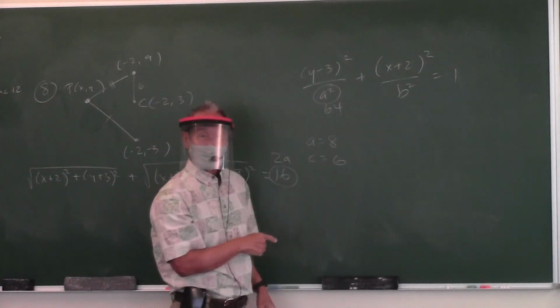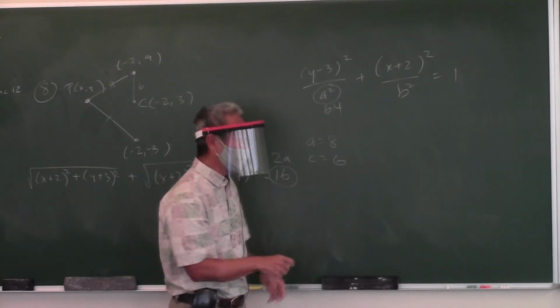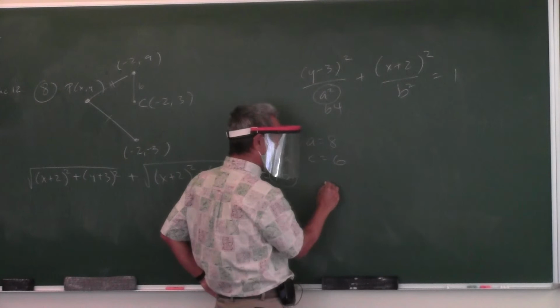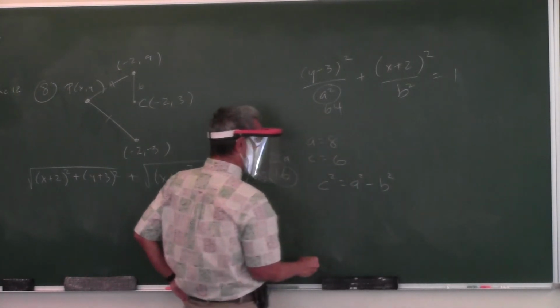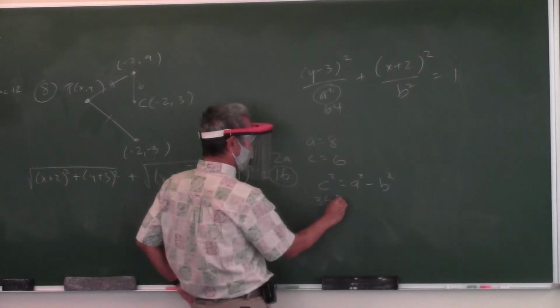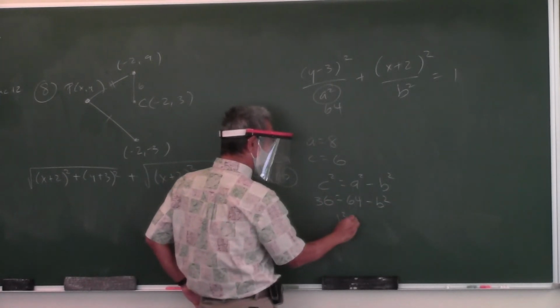If you know A and C, can you figure out B? Yeah, if you know any 2 of them, you can find the third one by using, what was that equation again? C squared equals A squared minus B squared. So 36 is equal to 64 minus B squared. Therefore, B squared is,